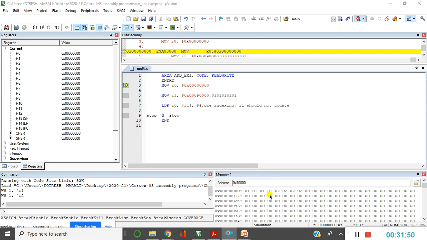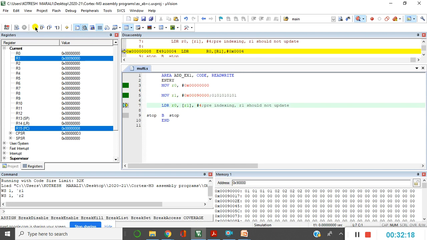According to this instruction, what operation should it perform? The content of R1, from the location 90000, so that is 01010101 should be fetched, and later the address in R1 should be incremented by 4, and it should point to the 0202 address location, that is the 90004 location.